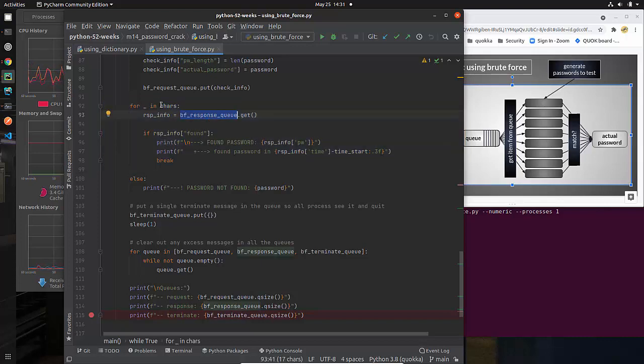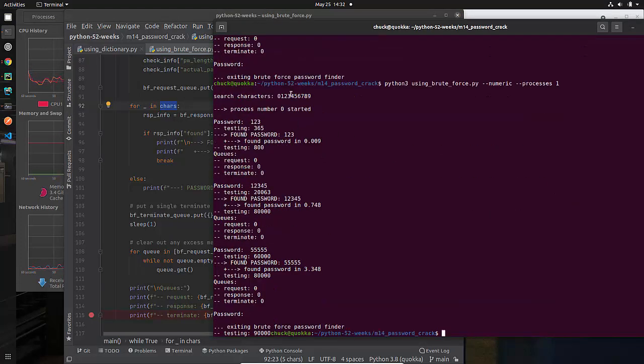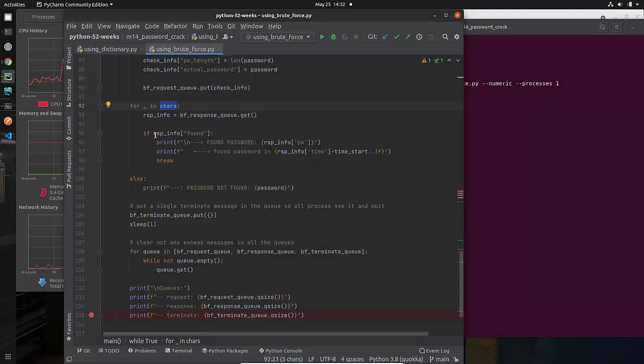I just know that I want to do this the number of times that there are characters in chars. Does that make sense? If there's this many characters, what is that, 10? Then I'm going to go through this loop 10 times, and I'm going to expect to get 10 responses.